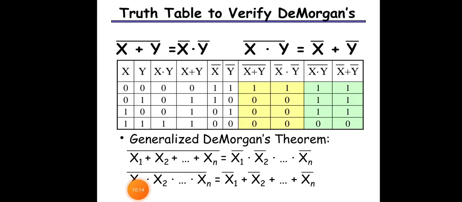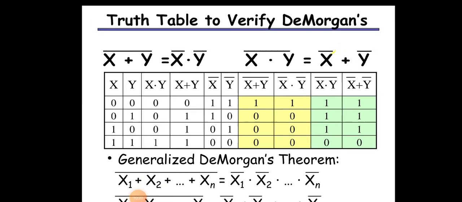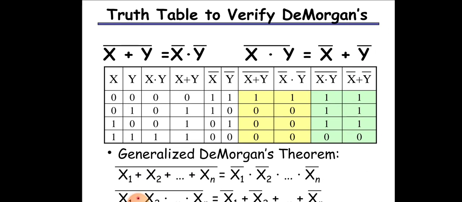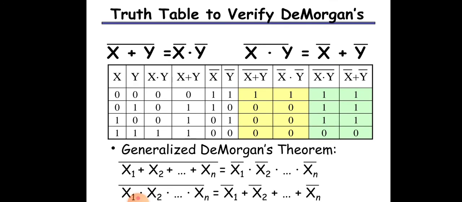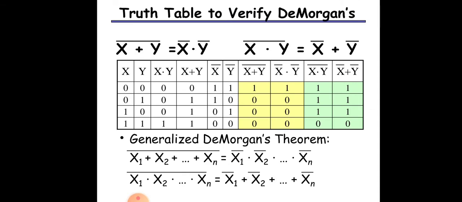So in this way you can prove the other theorem also, De Morgan's second law. You can prove it by yourself. So in this way we have proved the first theorem. Student, you can go for the second theorem, x dot y complement equal to x complement plus y complement. The same method you have to use for the truth table. First you have to find the value x dot y the whole complement, then go for the individual values of x complement, then y complement, and do the sum of this. So these are De Morgan's theorems, which are very important from the examination point of view.